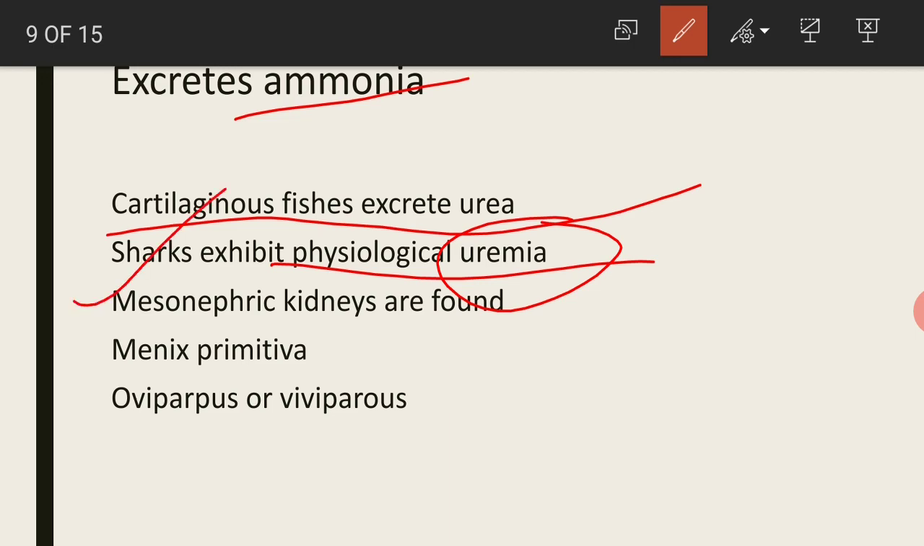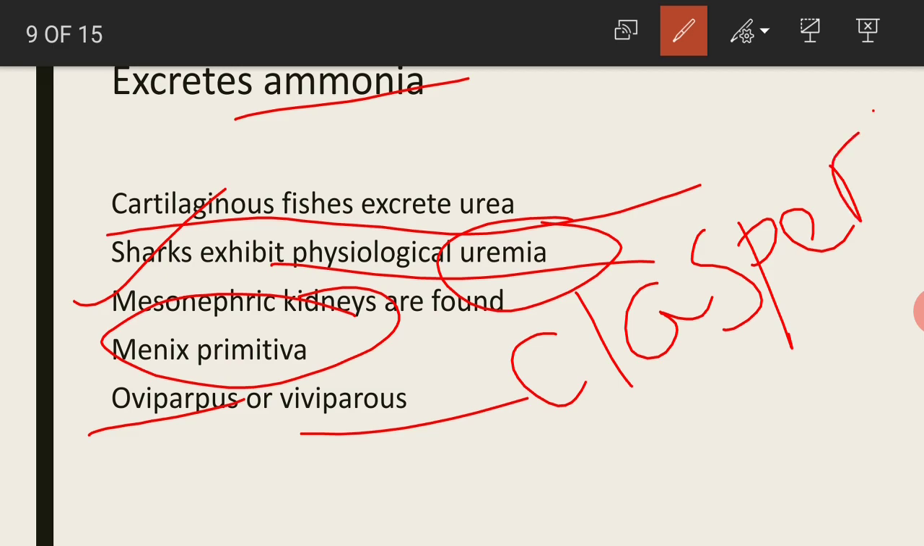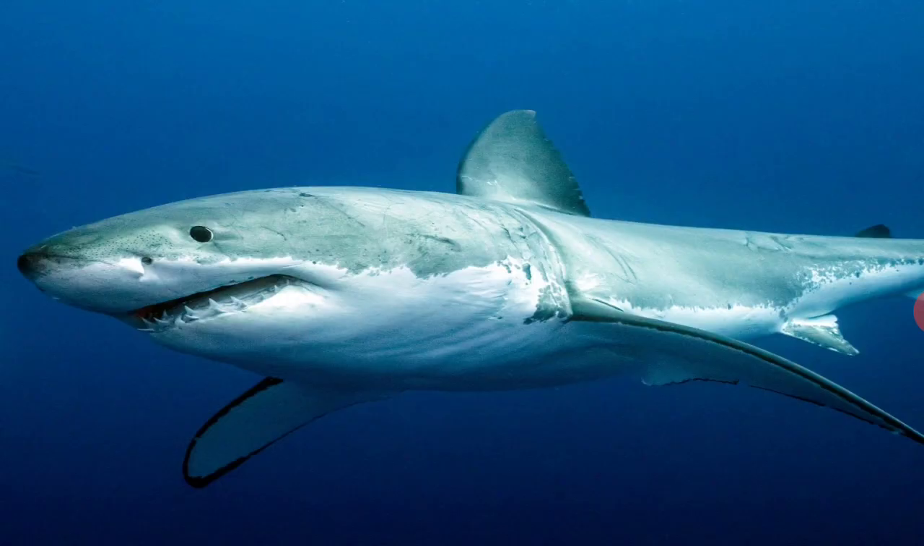Mesonephric kidneys are found, and the brain is surrounded by a single membrane called meninx primitiva, and fishes may be either oviparous or viviparous. Cartilaginous fishes, especially sharks, are viviparous, and male sharks contain certain structures nearer to the pelvic fin, and these structures are called claspers, and these claspers are useful for holding the female during the process of copulation. And coming to the next slide, here you can see the shark, and sharks belong to the elasmobranchii or chondrichthyes,